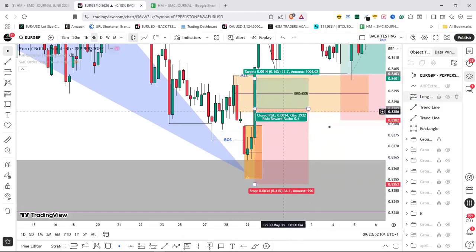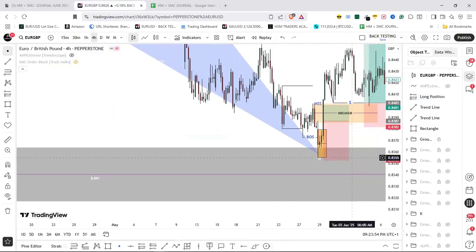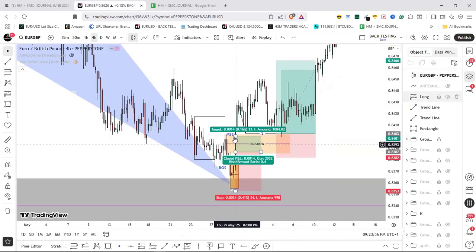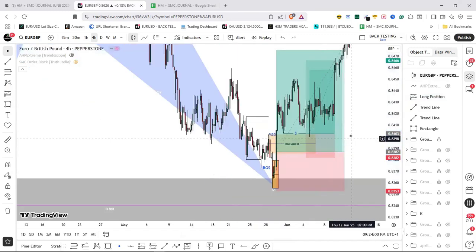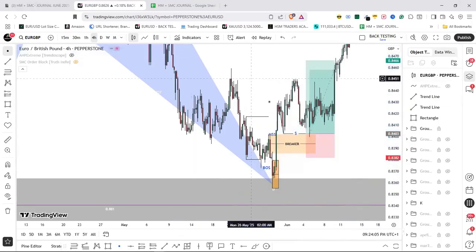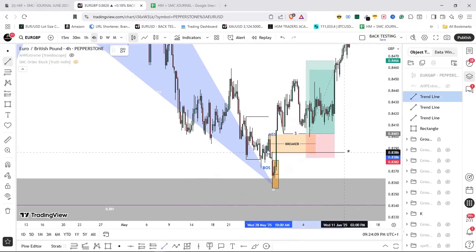We even entered this trade at a very, very good price. Who would have thought that this would finally play out like this? So that was where we took that entry at this particular spot here. But then